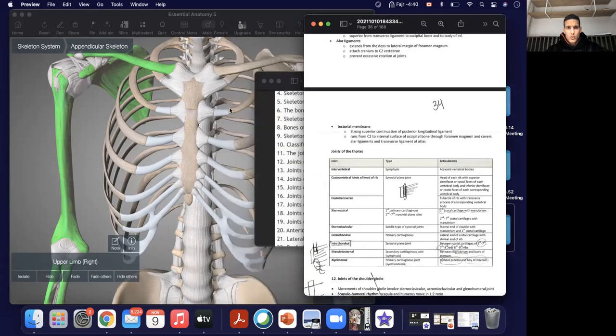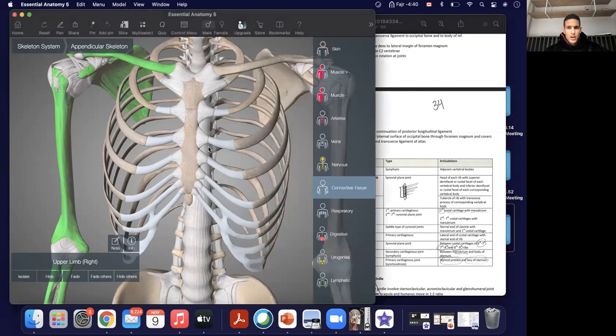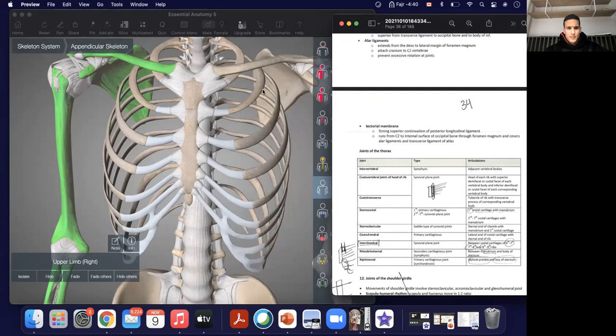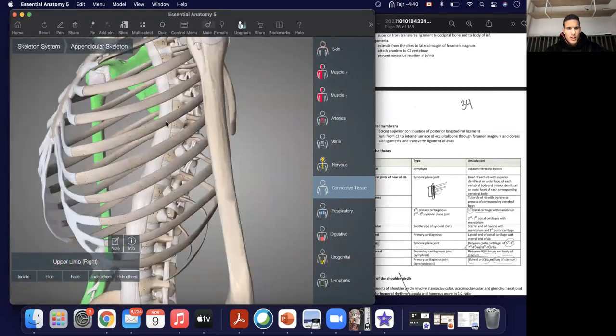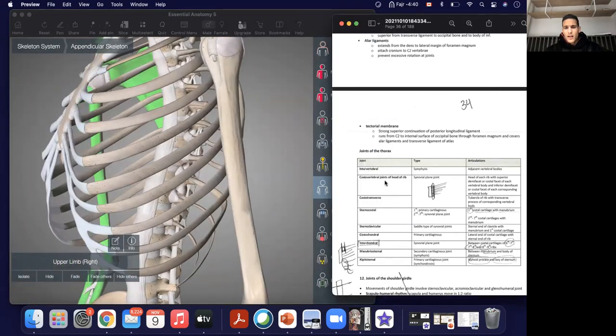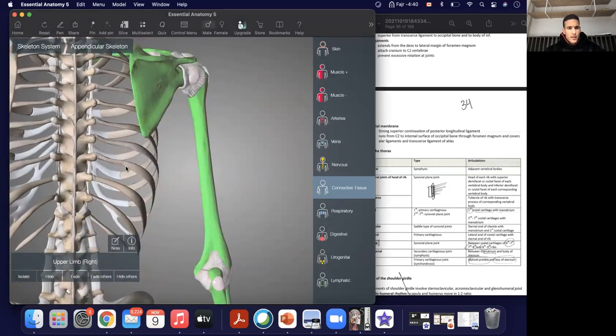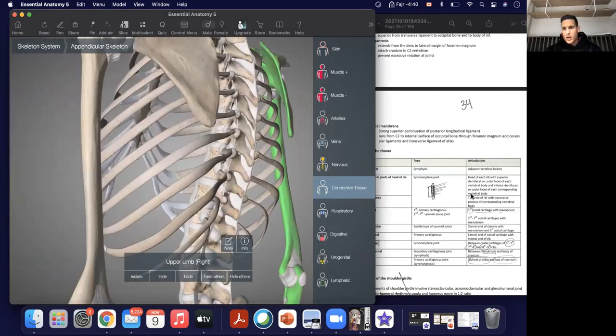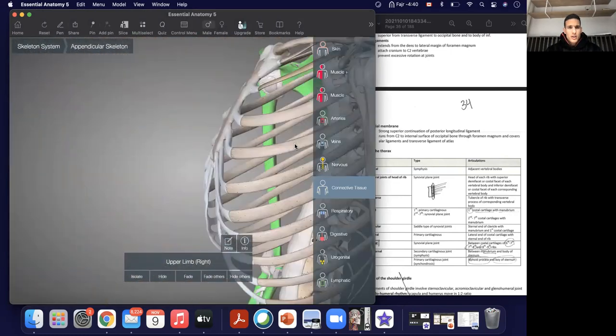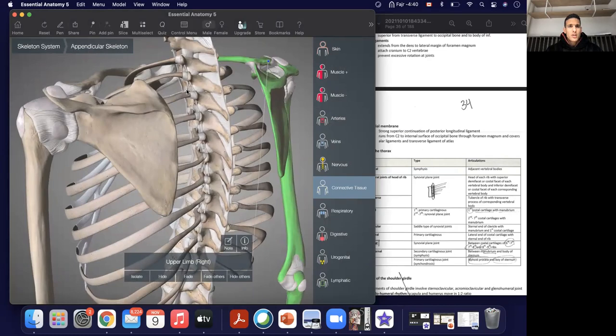If you want me to just show you where these are: intervertebral, adjacent vertebral body. Yes, so intervertebral, I think they're just talking about the joints between the vertebral bodies. Then we have the costovertebral joints, head of each rib with superior demifacet. Yes, so the costovertebral joints are where the ribs join the vertebra, and they're telling you head of each rib with the superior demifacet or costal facet of each vertebral body, and inferior demifacets. So they're just talking about the joints that we have discussed when it comes to the